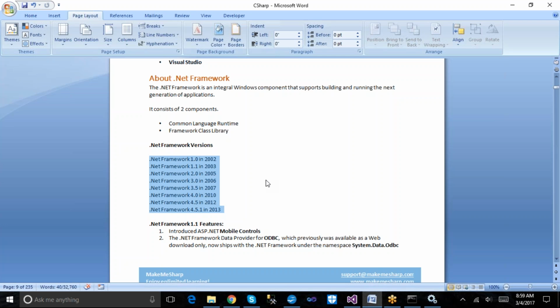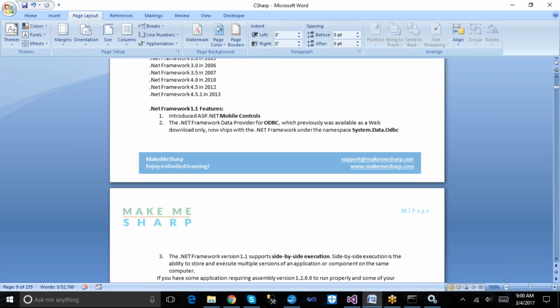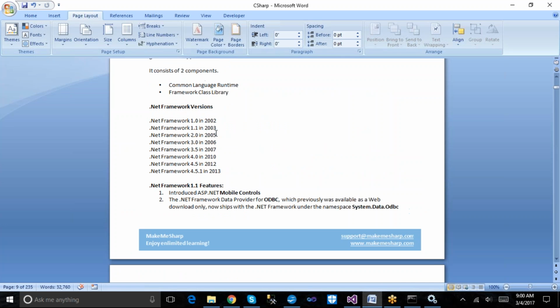So for each and every release, Microsoft adds new functionalities. .NET Framework 1.0 is the first version of .NET Framework, released in the year 2002.